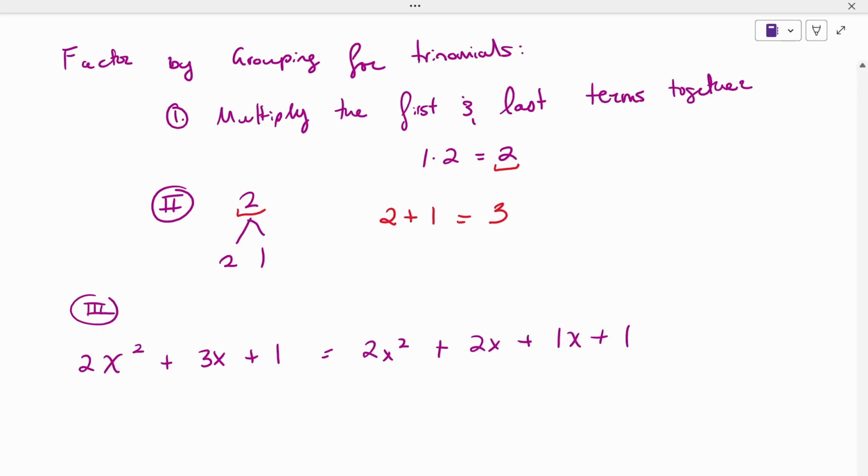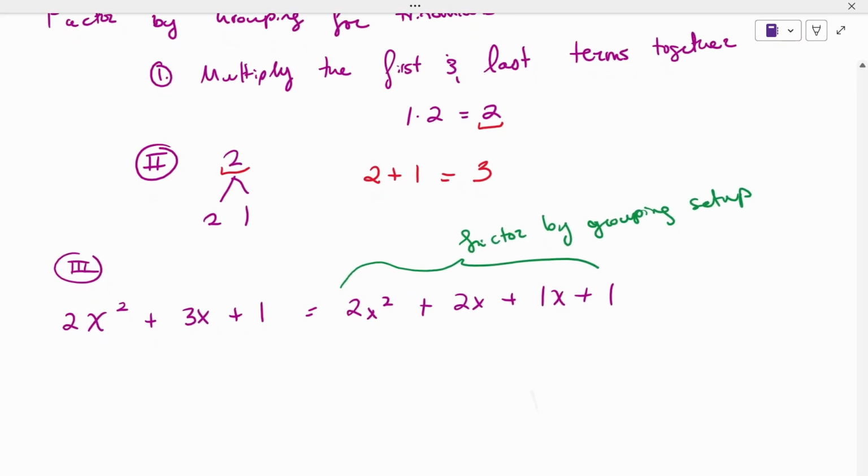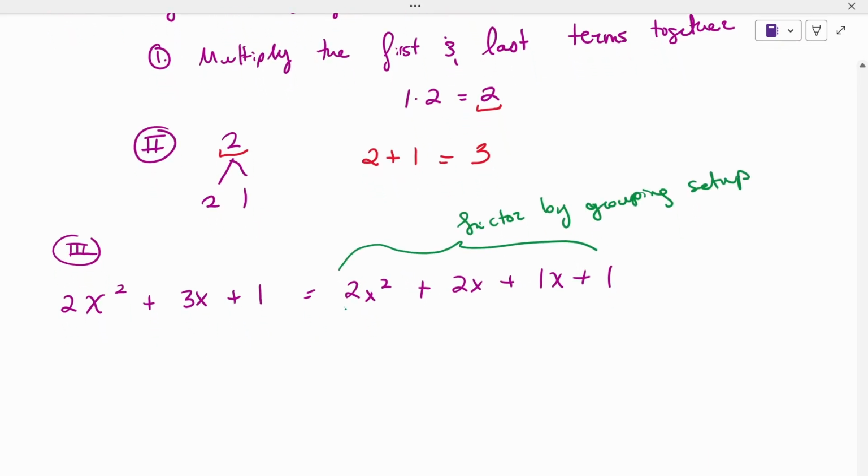But what you'll note here is that now we have 4 terms, and so now we have the perfect setup for factor by grouping. So what we're going to do now is look at the terms that are in common in the expression. You'll note that by prime factorization, you've got a 2 times x, a 2 times x, a 1 times x, and a 1. You have a 2 times x in common here, a 1 in common here, and so you may pull out your common term